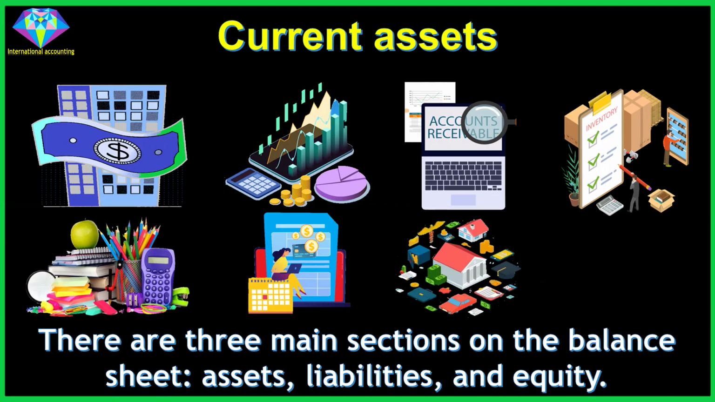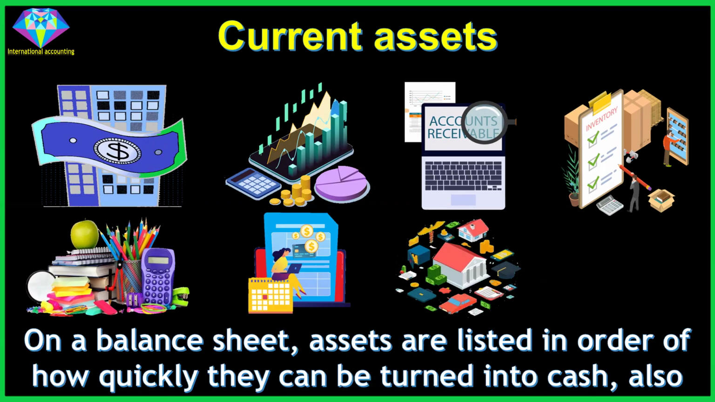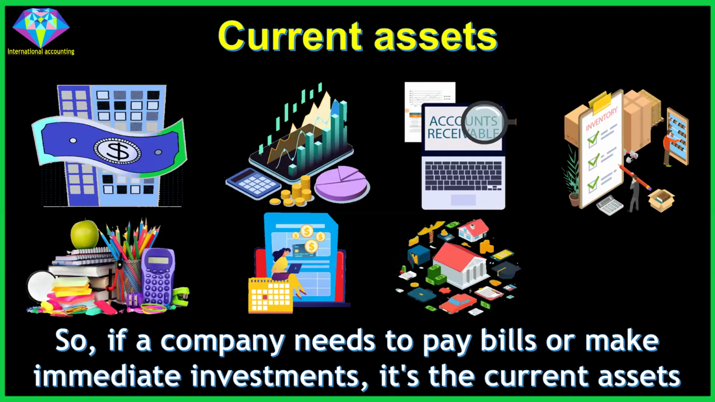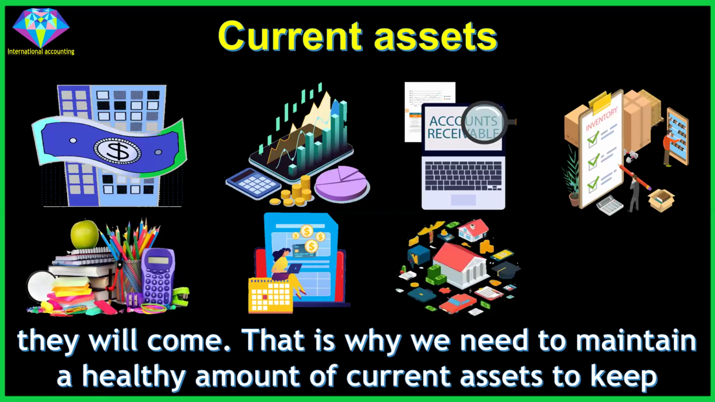There are three main sections on the balance sheet: assets, liabilities, and equity. On a balance sheet, assets are listed in order of how quickly they can be turned into cash, also known as asset liquidity. Current assets, being the quickest to convert into cash, are listed first. So, if a company needs to pay bills or make immediate investments, it's the current assets they will turn to. That is why we need to maintain a healthy amount of current assets to keep